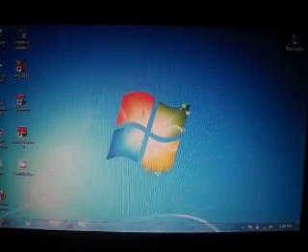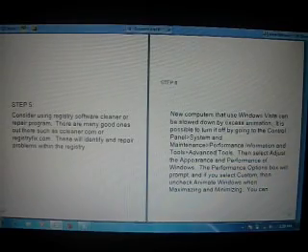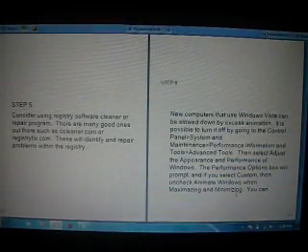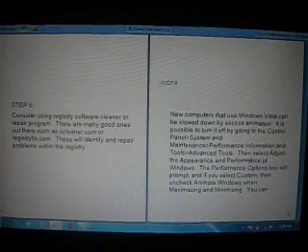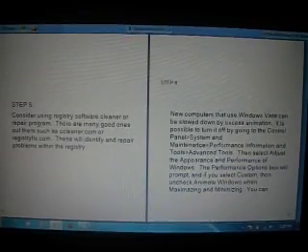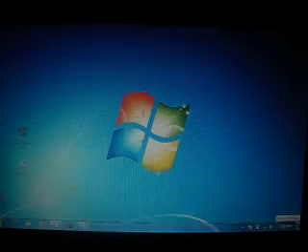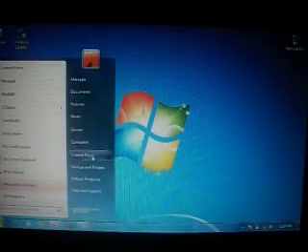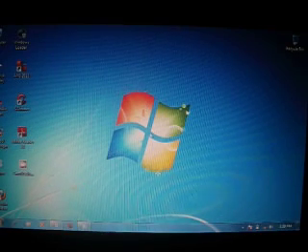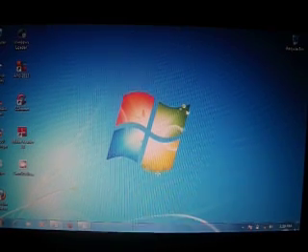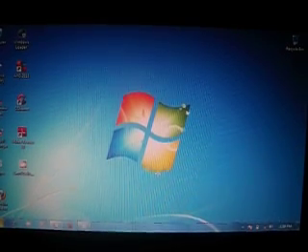And step 6. If the computer's Windows slows down, just follow my steps. Clear shortcuts, and